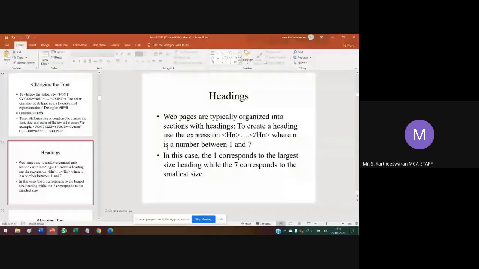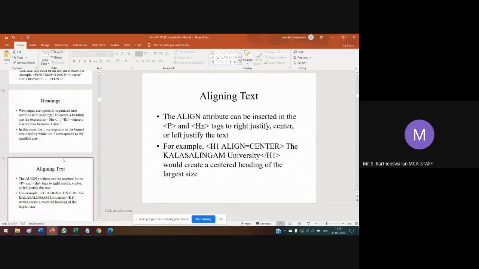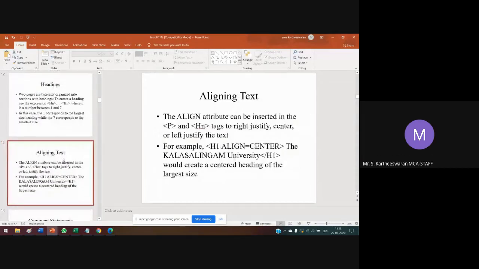So the syntax is HN to /HN. The N ranges from 1 to 7. 1 is a very high heading font, 7 is a small size of heading. Next is aligning text.